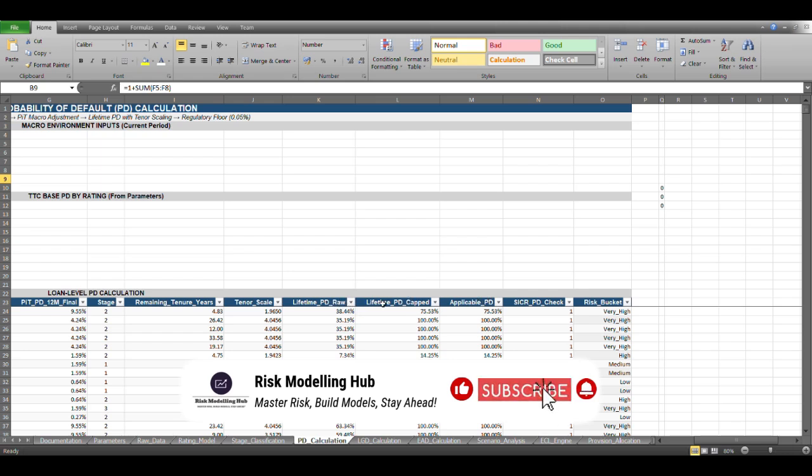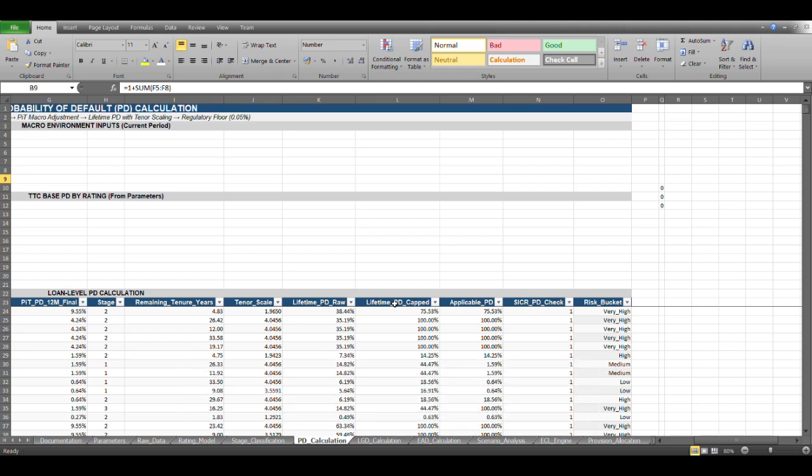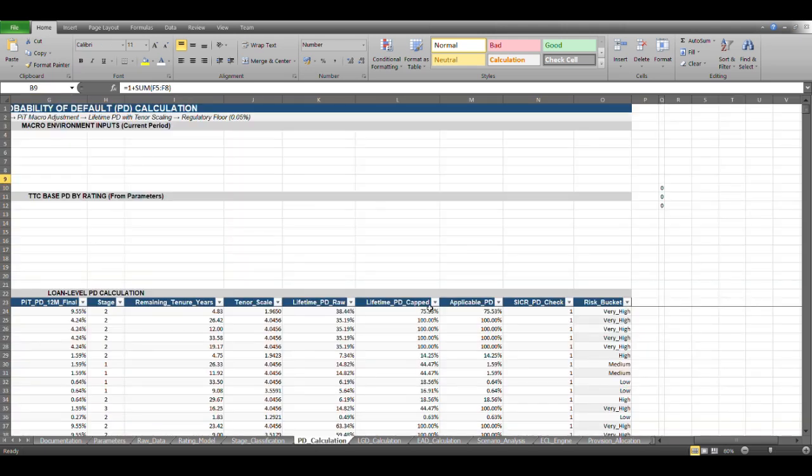First, we compute the raw PD, and then the lifetime is computed using the RBI one, the flow one that I showed over here. The 0.05 scaling is being considered over here, and then the lifetime PD is determined. Also, the SICR PD check is being determined, and then the risk bucket classification is mentioned over here.